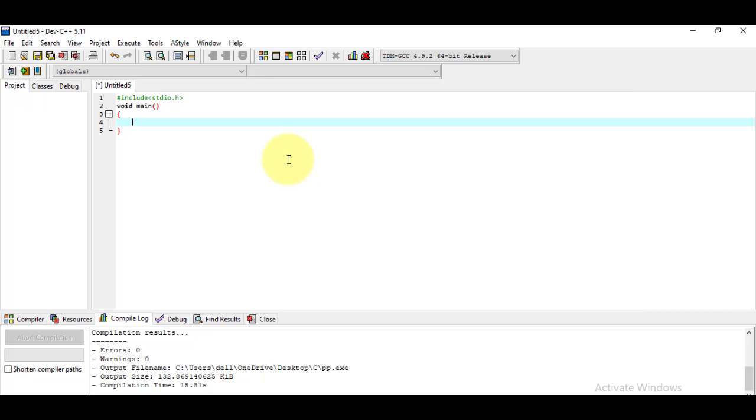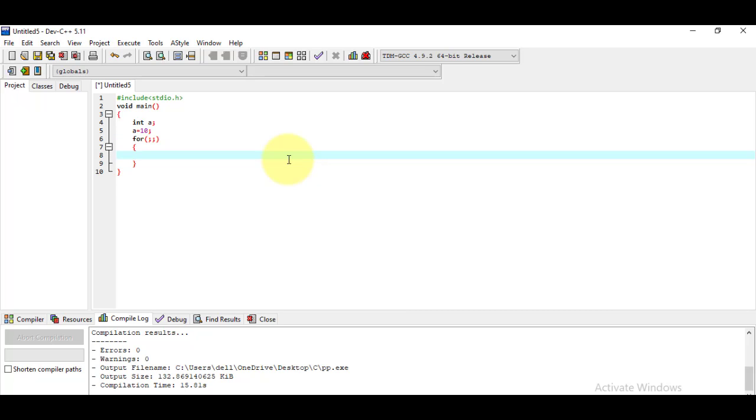Here I am writing a variable a, and assigning it a value, a equal to 10. Then I write for.